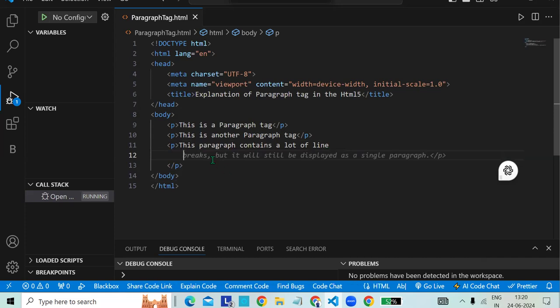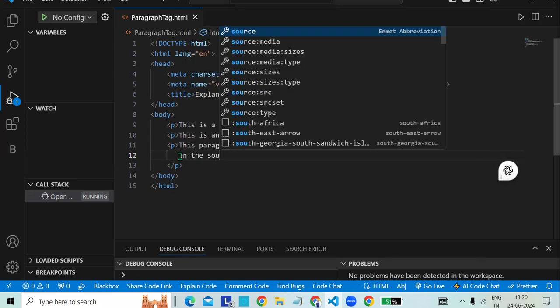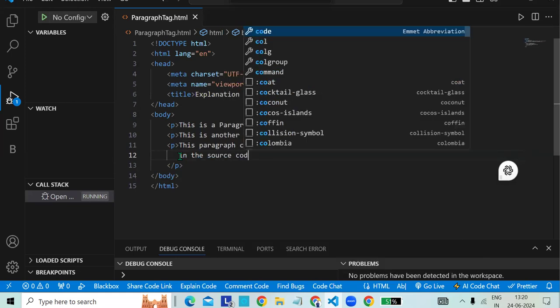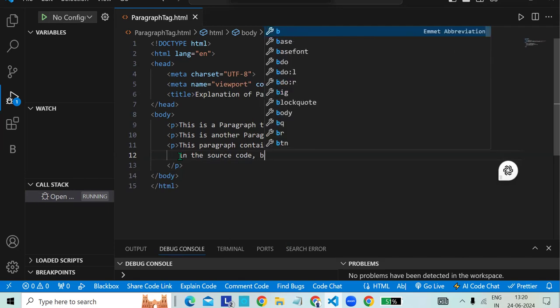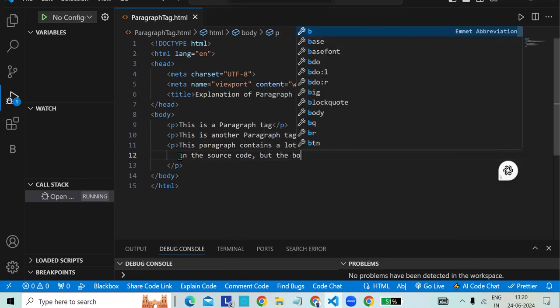So I have written this paragraph contains a lot of lines, and I will write the sentence in the next line. I will write the sentence in the next line in the source code, but the browser